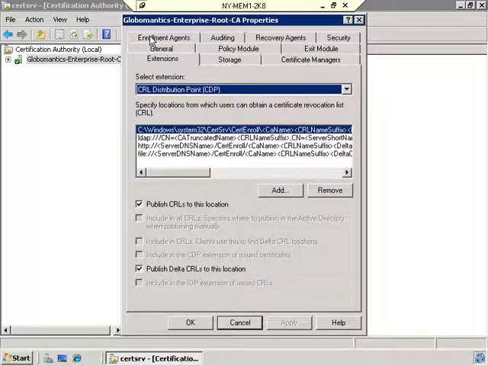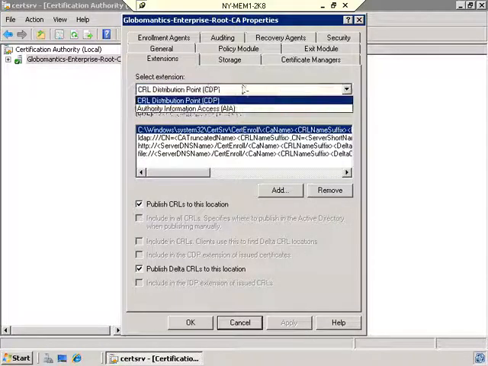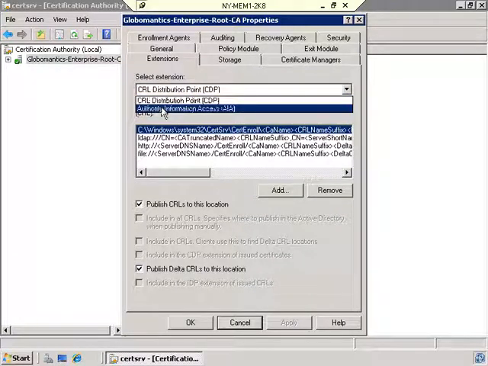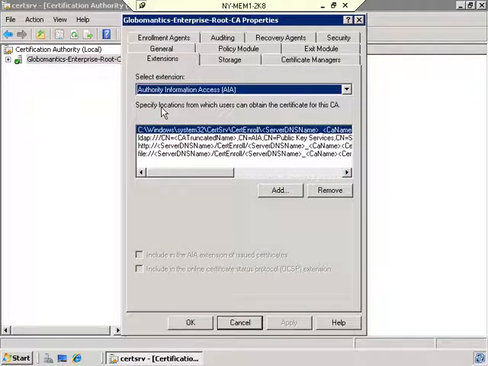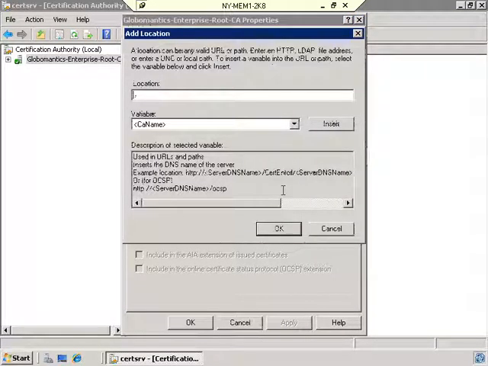Now, again, this is kind of very specific, you have to do this. You have to include something called the Authority Information Access Extension in order to be able to utilize the online responder. So right here where it says select extension, instead of CRL distribution point, we're going to use the Authority Information Access. And then you see here it says specify locations from which users can obtain the certificate for the CA. Well, let's go ahead and add, and I'm going to put in